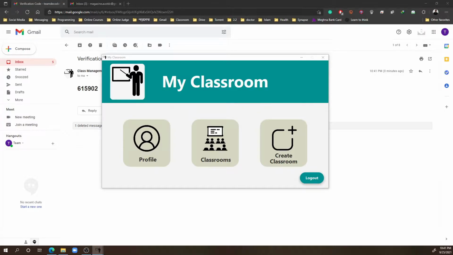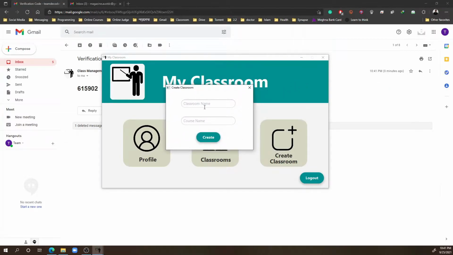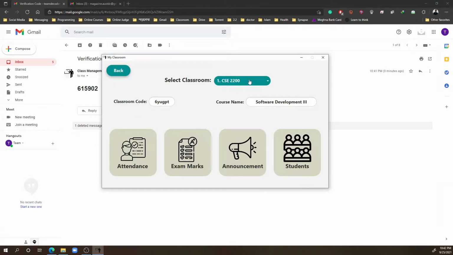Now let's create a classroom. We have to give a classroom name and course name. Okay, our classroom is created and a random and unique classroom code is generated.